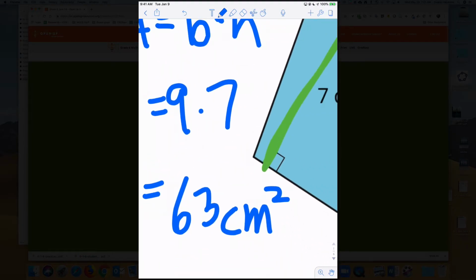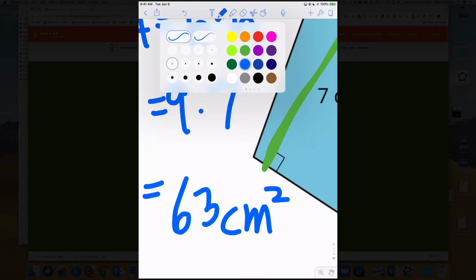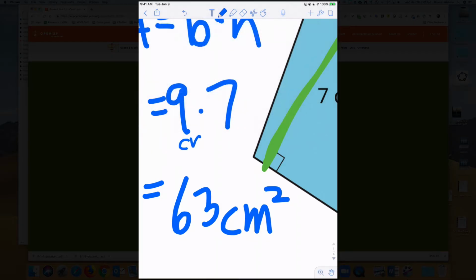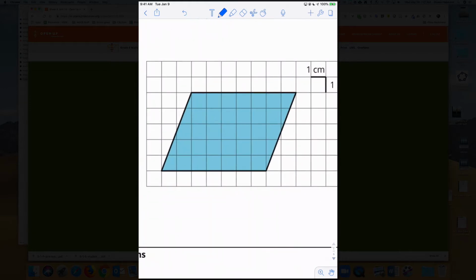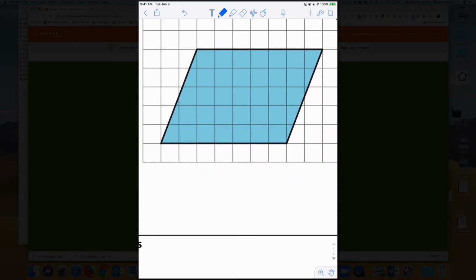Now, really, if I was going to be precise, I should put 9 centimeters times 7 centimeters, and it's the centimeter times centimeter that gives us the centimeters squared. But I'm just walking teachers and parents through this process to get a quick glimpse at what's going on here. For this parallelogram, nothing's labeled, but they gave us